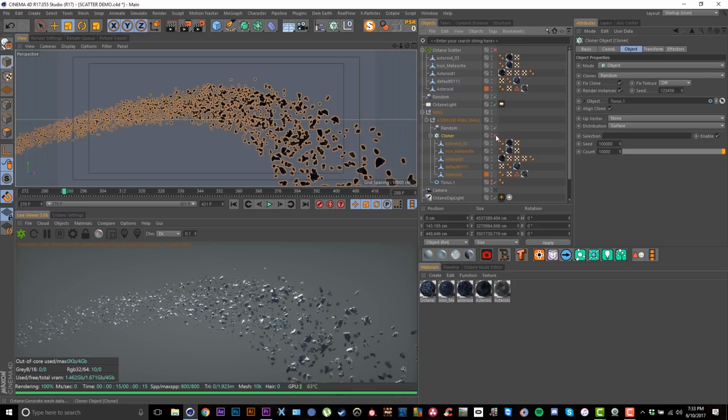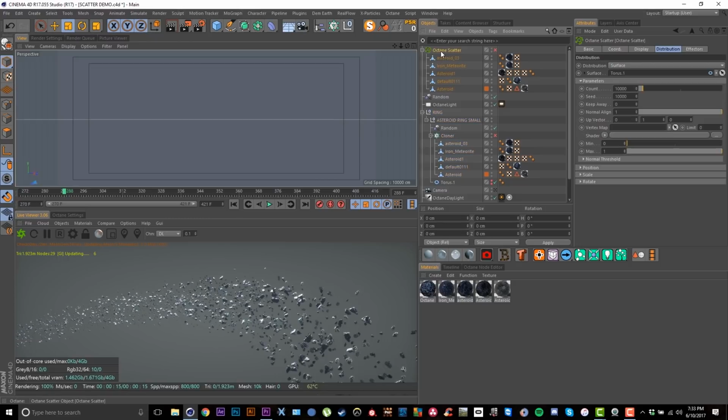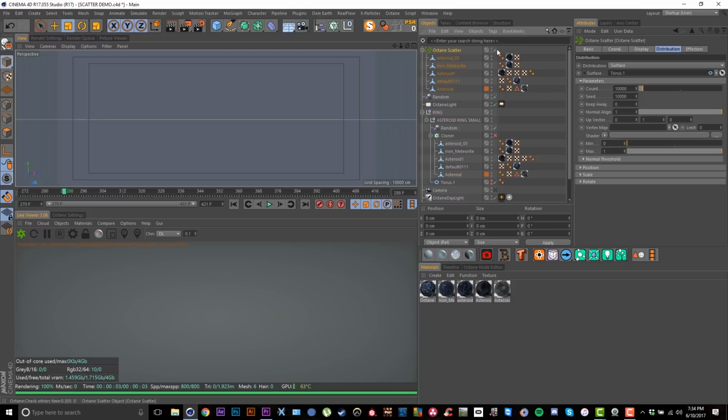So the point of this is just to say there's a much less painful way to do this. So I'm just going to cut off this cloner, and I've got the exact same setup here sitting in Octane Scatter. So if we look, I've got the scatter set to surface distribution on the torus, just like this cloner is set to object mode, and the object that it's cloning onto is this torus. So I'll go up to scatter, I'll cut this on. Again, it's got those 6 instances, and you'll notice that here we just get these little confetti looking things,